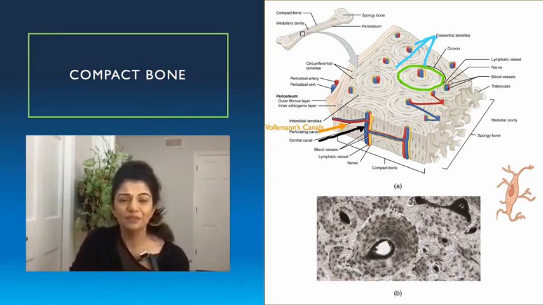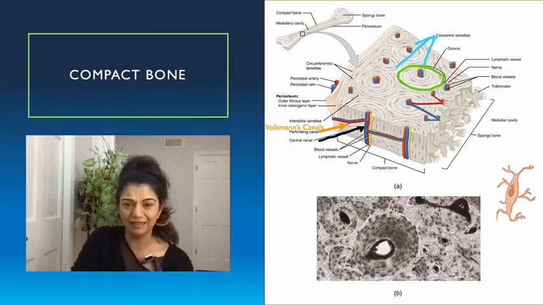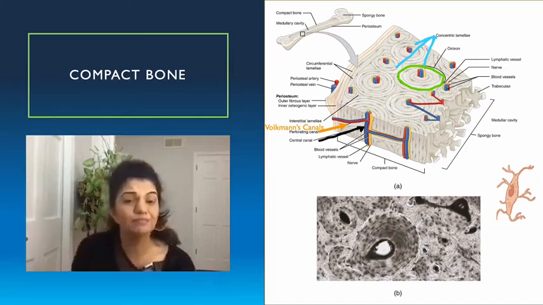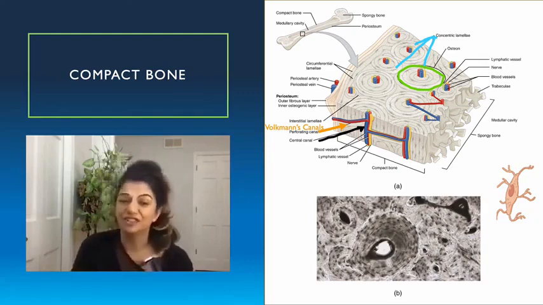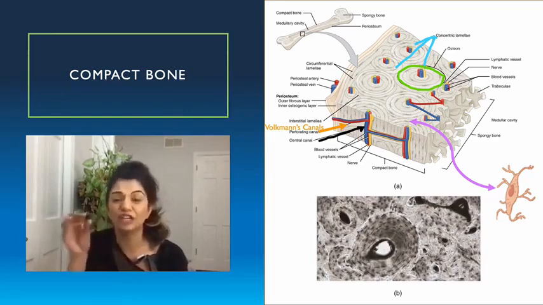Now, remember we've talked about lamellae. Do you remember what bone cell is in lamellae? What's hanging out there? It's not osteoblasts and it's not osteogenic cells. What is it? Osteocytes. Exactly. That's what you're going to find in the lamellae area. It's actually going to be in the lacunae